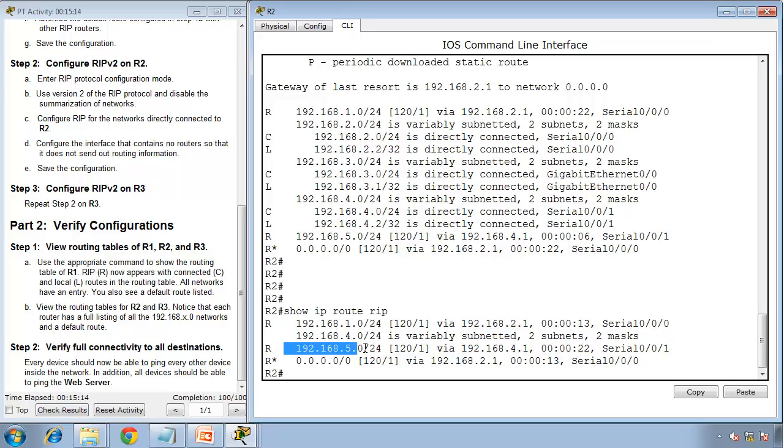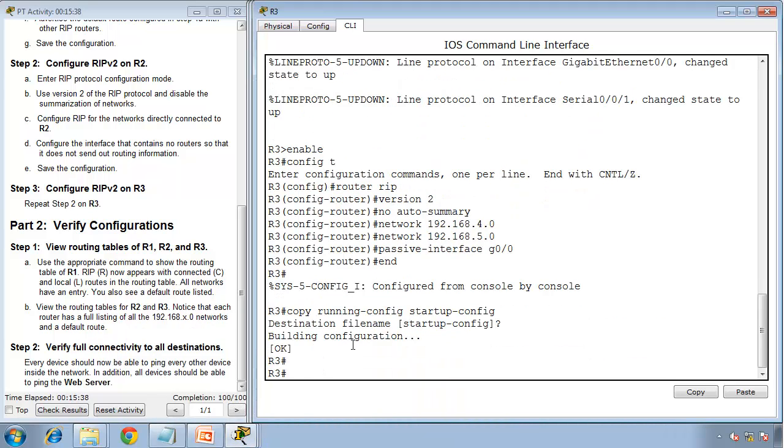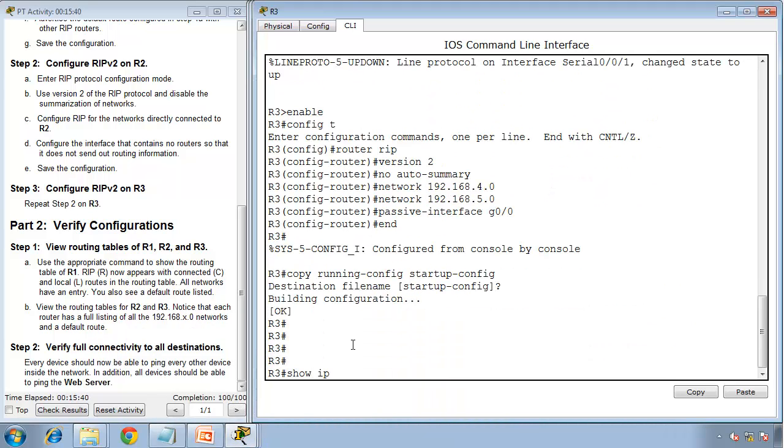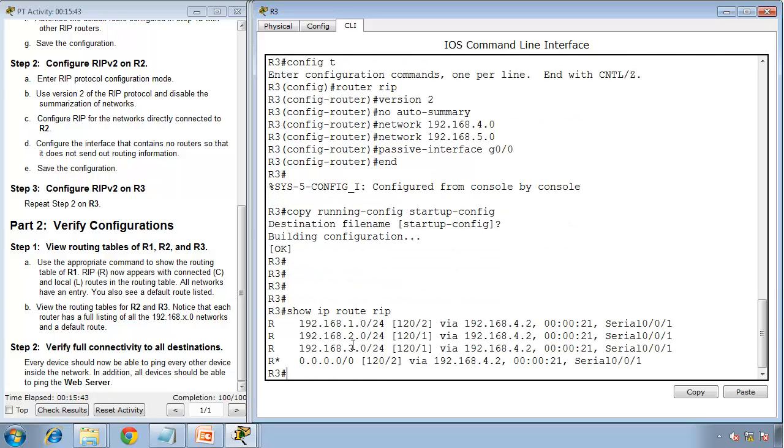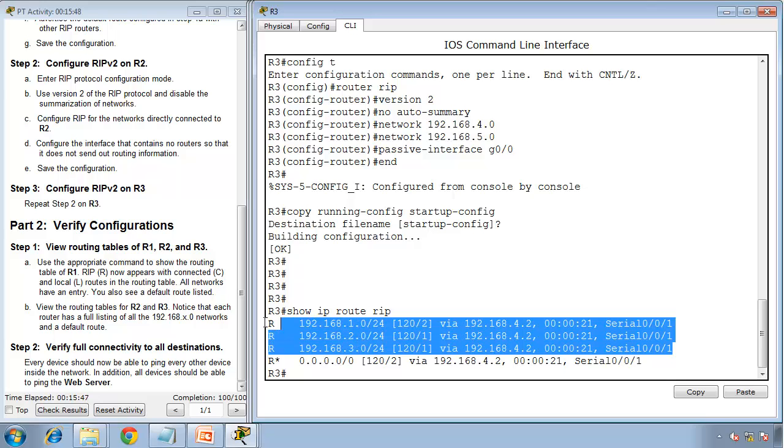I've got another route here, learned 192.168.5.0, and this is through my other serial interface on router 2, and it's learning a default route that says for any network, I'm just going to send it to my neighbor 192.168.2.1. And I'll repeat the same command for router 3. So router 3, show ip route rip,